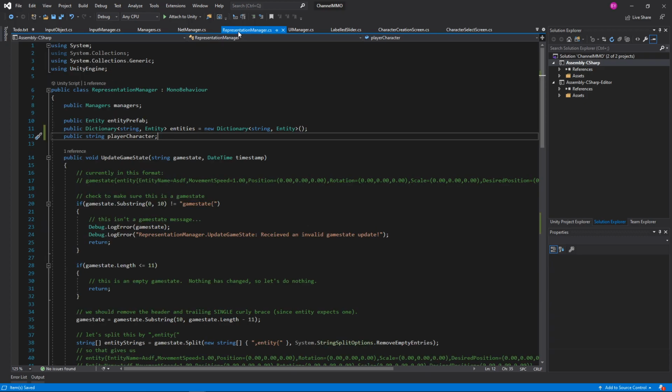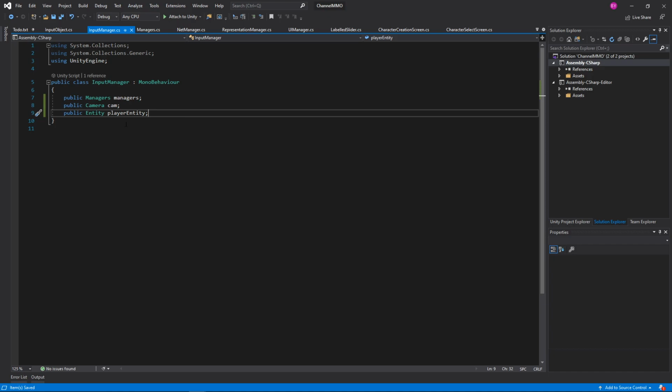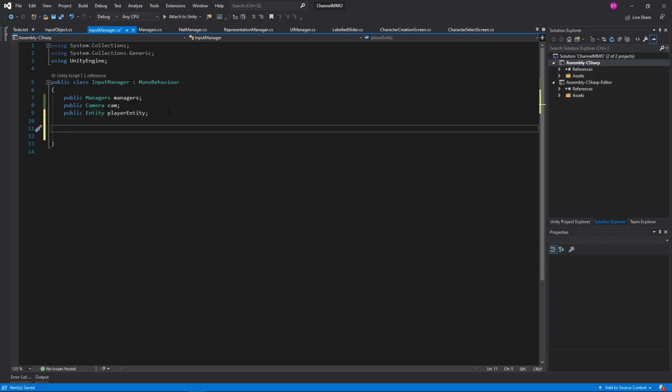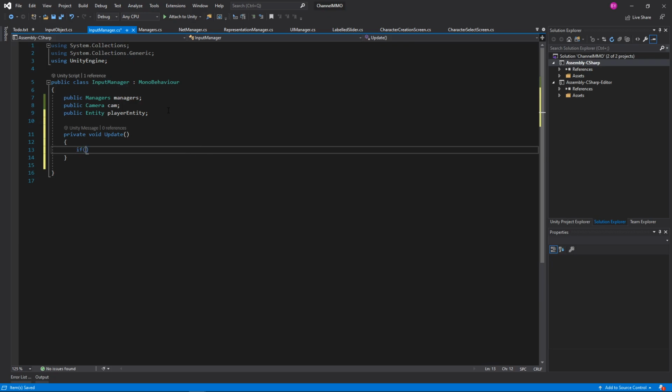So now the input manager knows what the player entity is. So that's great. For now, all we're going to do is support right mouse clicking to move. So we're going to do private void update, which is of course the Unity function. If